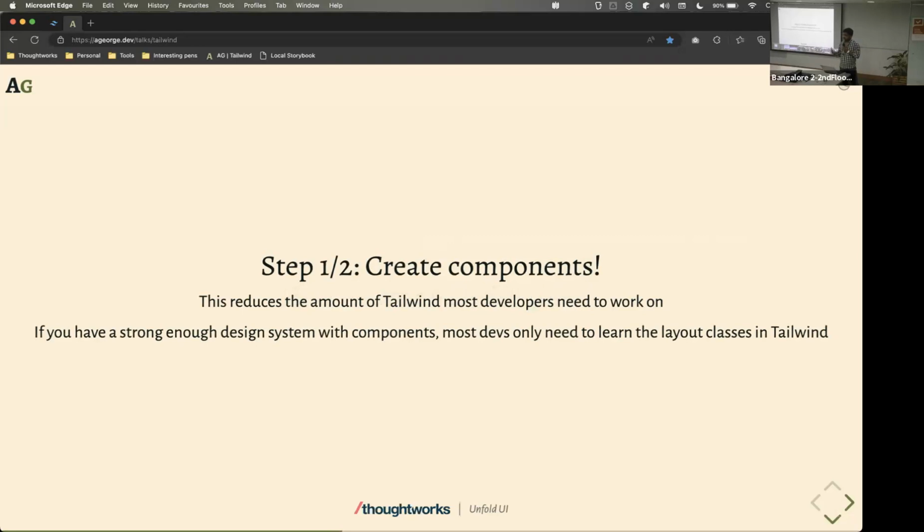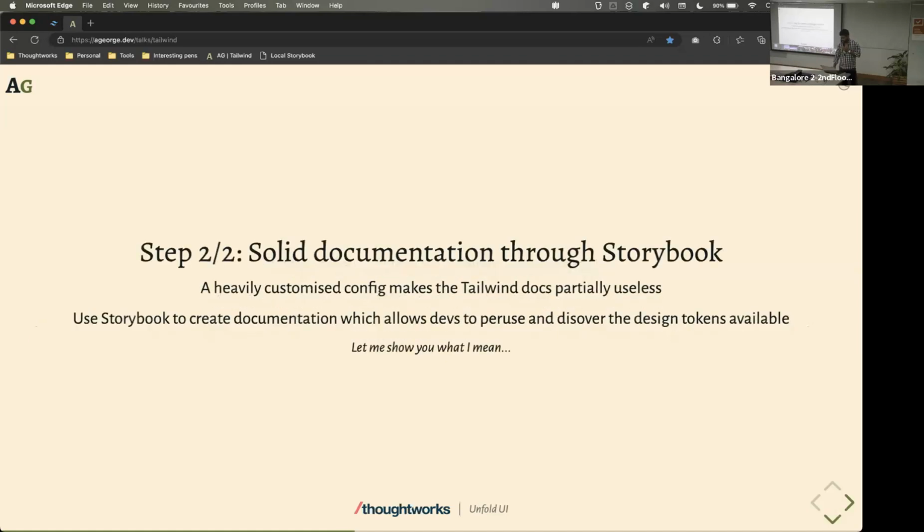So I can suggest a two-step strategy. One is create components, right? Tailwind works best when you have a design system in place, where you have a componentized architecture in place, right? So even with large teams, what you'll see is the design system is built by a few devs or a small team, right? They'll be the ones handling the core Tailwind classes and building those components with those Tailwind classes. Most other developers, they just need to learn the layout classes, right? How to lay out things, right? And the second step